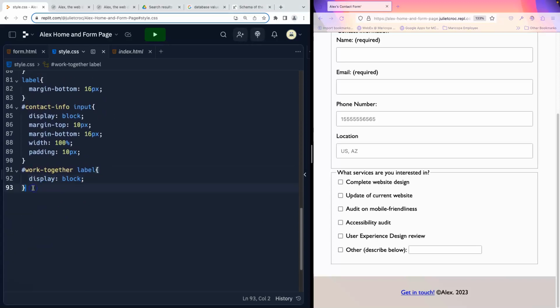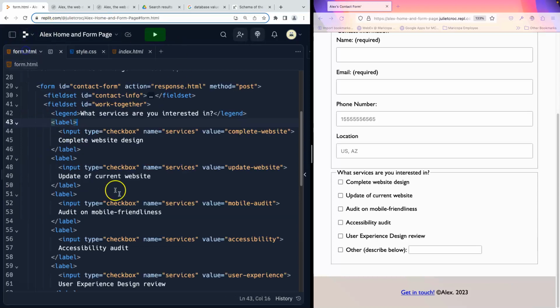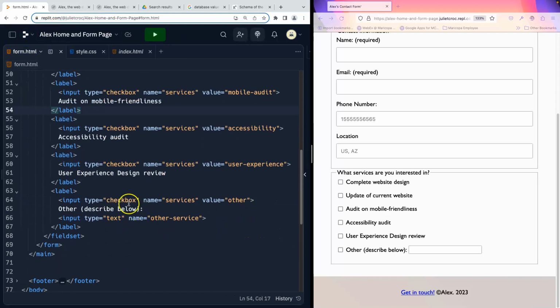So I might want to do work together, input. And then, hold on, ID of input. So like the work together, let me go back here. First of all, I don't want to describe below,